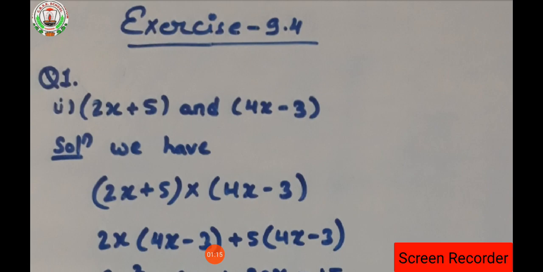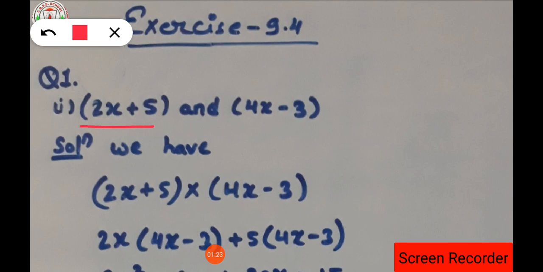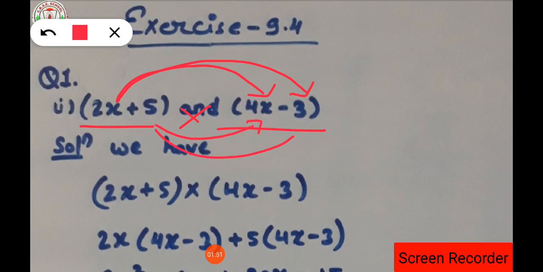As we know, in question number 1 it is said to multiply the binomial terms. Binomial terms means two terms we have to multiply. So in place of the gap we are going to apply the multiplication sign. When a term is present inside the bracket, that term will multiply individually with the outside number. So here 2x is going to multiply with 4x as well as 3. In the same way 5 will multiply with 4x as well as 3, along with the sign.